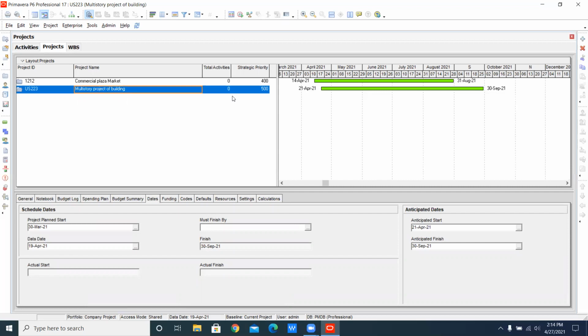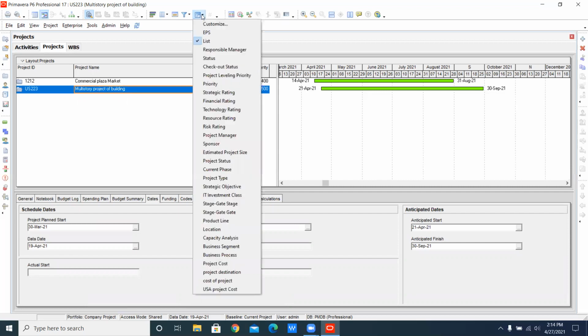Now the second thing: when I drag it down, you have seen all the things. Do you remember? I have discussed all these things from responsible manager up to USA project cost. I have discussed responsible manager, status, and check down status. I have checked project leveling priority.